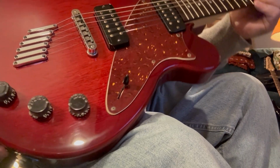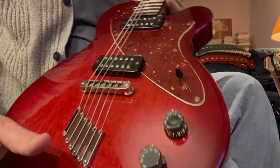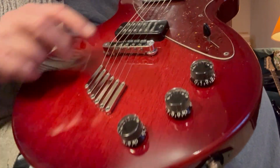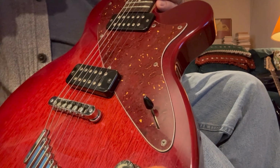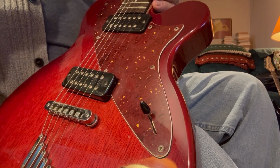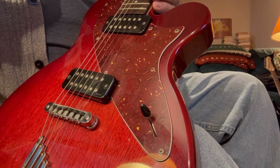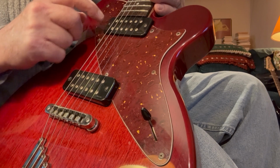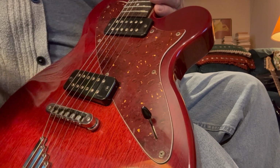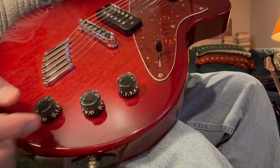It's got an unusual pickup configuration. These are, oh, what the heck is the name? I forget the name of the pickups. Begins with a DI. But they're the Q100 model pickups. They're both identical. And you can take them in and out of phase with this knob